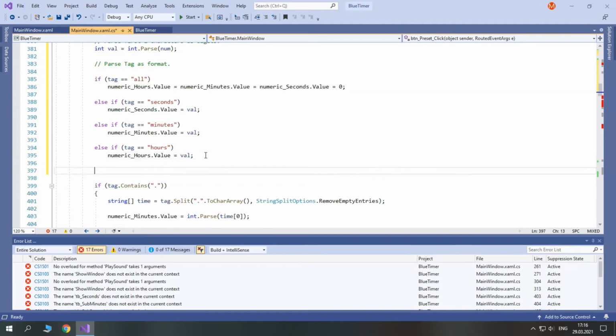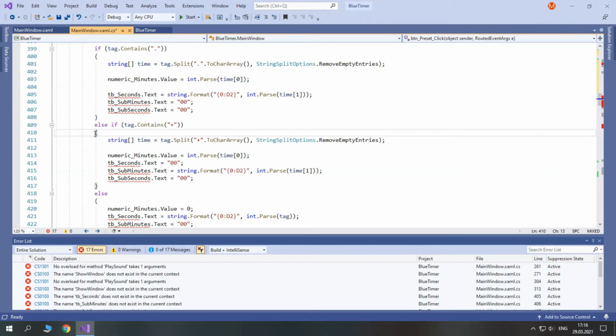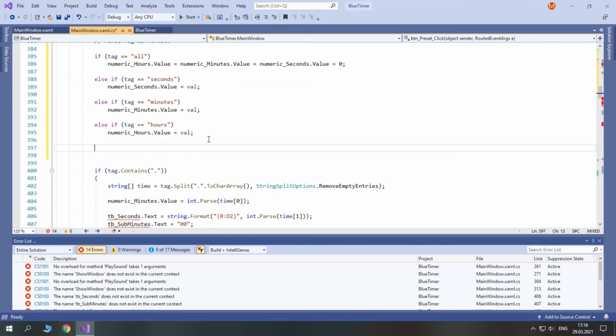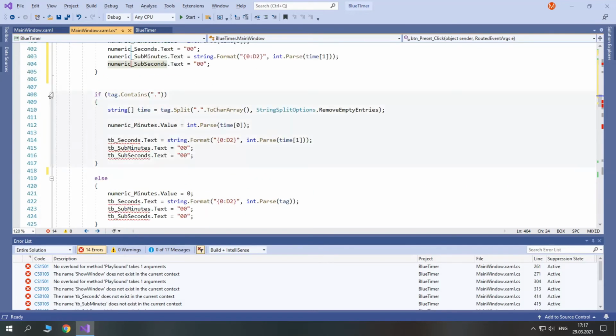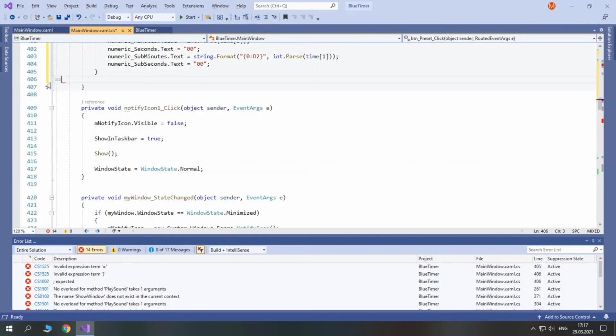Then, we also used one of our old formats, specifically the one with the plus. So let's move it up to here. And instead of TB, we should use now numeric. And we can remove our old tag formats.